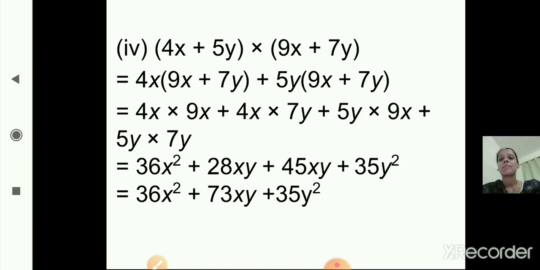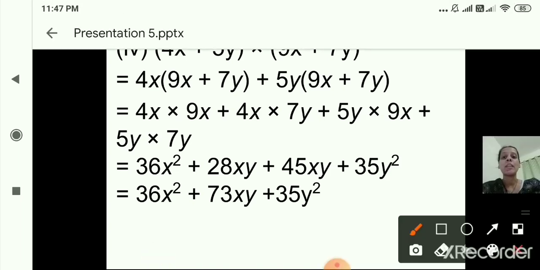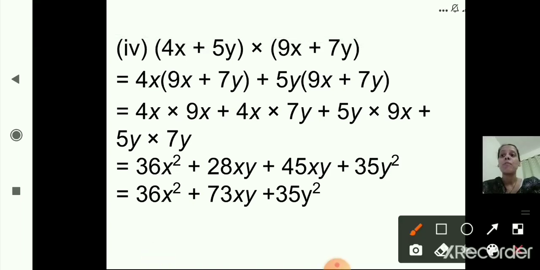See the algebraic expressions which are given. The first algebraic expression is a binomial and the second algebraic expression is also a binomial. So here we are multiplying a binomial by a binomial, right? Binomial means what? An algebraic expression having two terms, right? So that is a binomial. Now how to do it? First,